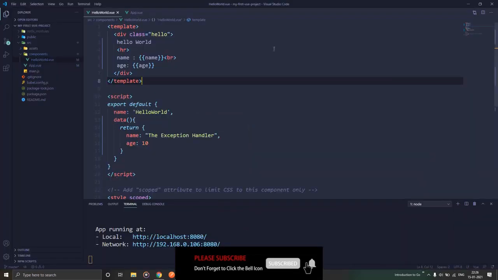So this is how you can create variables in a Vue.js application and bind them to your HTML template. In the next coming videos, we'll be seeing how we would use some directives to do two-way binding.